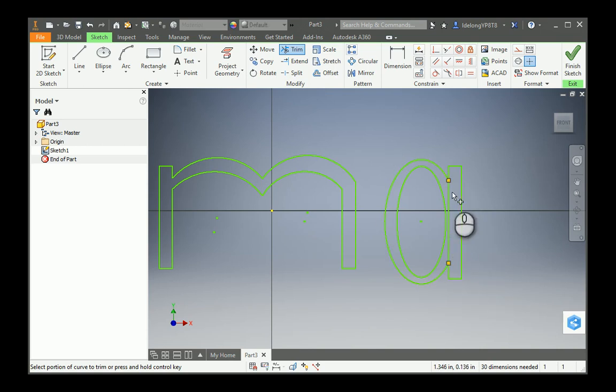We definitely don't want this part of the rectangle blocking the circular part of the A. So I'm going to click on that. And now we have actually a nice little, almost cursive looking A. So I'm going to hit escape. I know for a fact that I've lined up all those ends because every time I used one of the menu choices I made sure I had a green crosshatch to connect it. So I'm going to hit finish sketch,